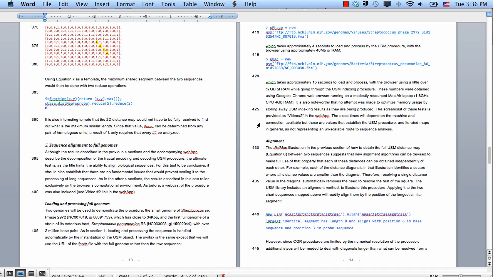This is a section developed in response to the reviewers' comments, where evidence was requested for I/O from real repositories of real biological sequences, and we are going to use Streptococcus pneumonia and its phage to demonstrate that feature of the USM library. Okay, so let's go back to the web page,